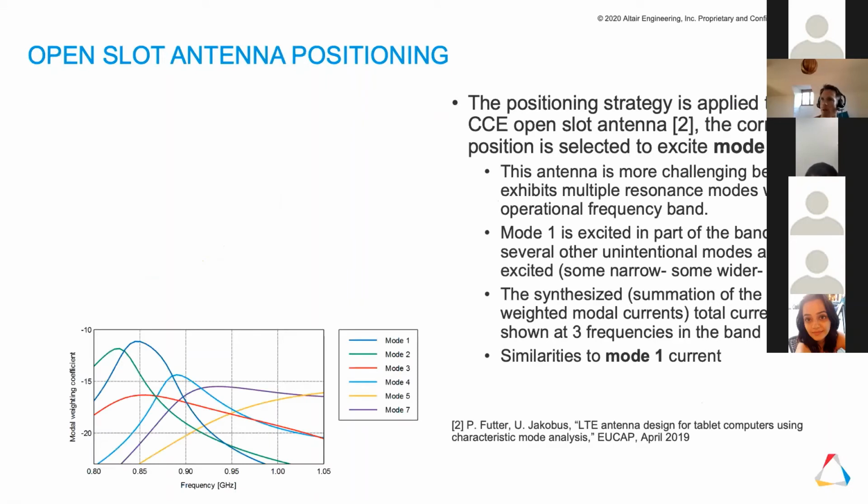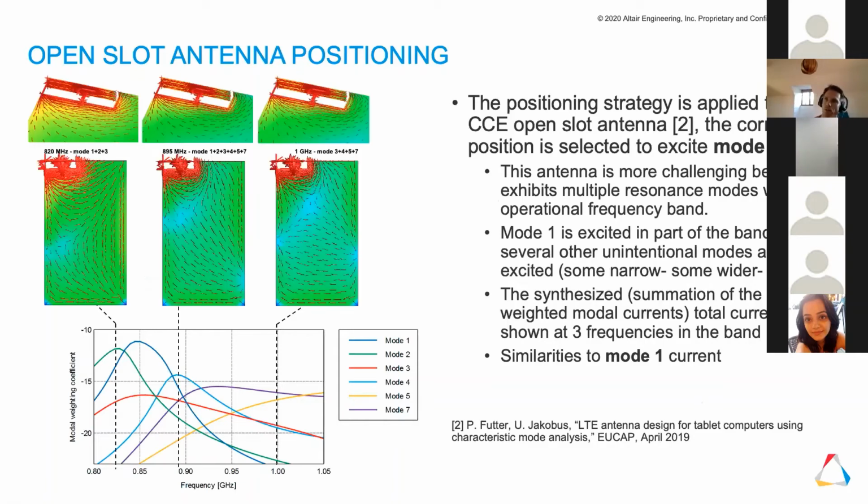So the final example here, we used the antenna that we designed for the previous EuCAP in 2019 and applied the same approach with positioning. So two things here of interest. Firstly, it's a capacitive element, and the antenna design is inherently multi-mode throughout the operational bandwidth. So a little bit more complex with respect to its behavior. But once again, the result is consistent with our other examples.